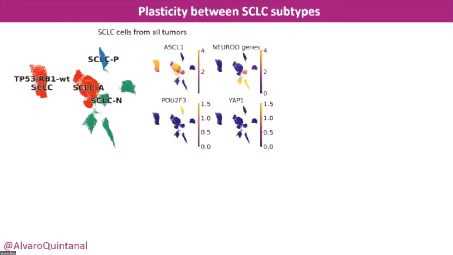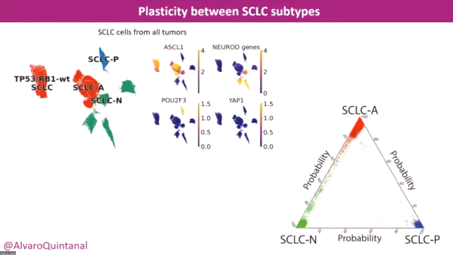Another thing we noticed is that we were able to detect 3 of the 4 subtypes in our cells. You can see small cell cancer A, P, and N. When we made this weird plot where we assign to each of the cells in each of the tumors a probability to belong to one of the 3 subtypes, you can see that most of the cells group within one of the corners, which means those cells look very much like one of the subtypes. But you see that there's a lot of cells that fall in the middle between the 2 subtypes,